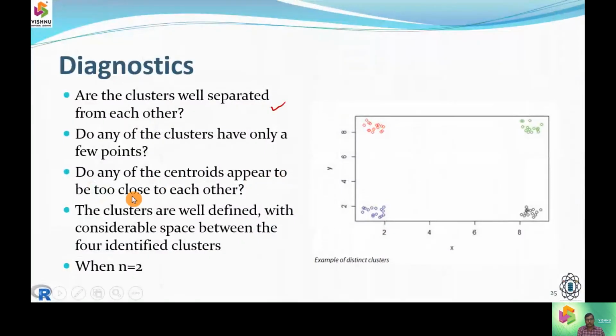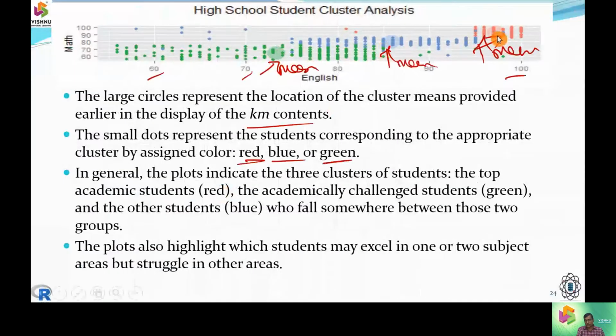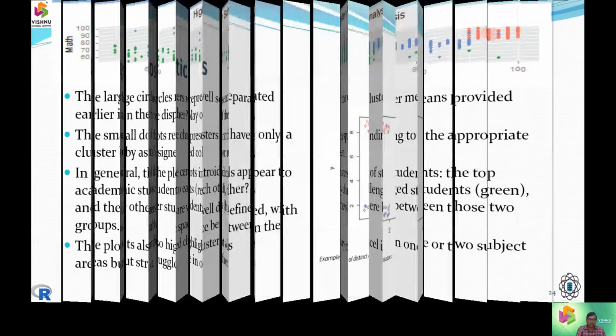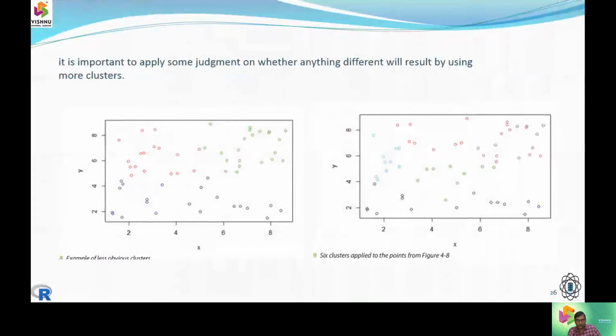Do any centroids appear too close to each other? So now the next question was centroid 1, centroid 2, centroid 3. Yes, these are 3 totally different centroids, and there is no closeness between any 2 centroids. So again, that is also a positive point. If all these constraints are satisfied, of course we can say they are well separated. You can see red is well separated, green is well separated, blue is well separated, and black is well separated. So in this way we diagnose the elements, and thereby we render appropriate clusters.